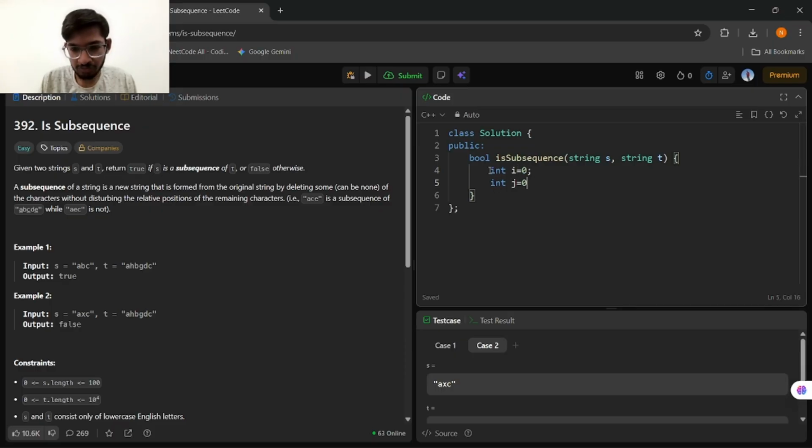For the code, integer i equals 0, integer j equals 0, while the condition is i less than s dot size and j less than t dot size.